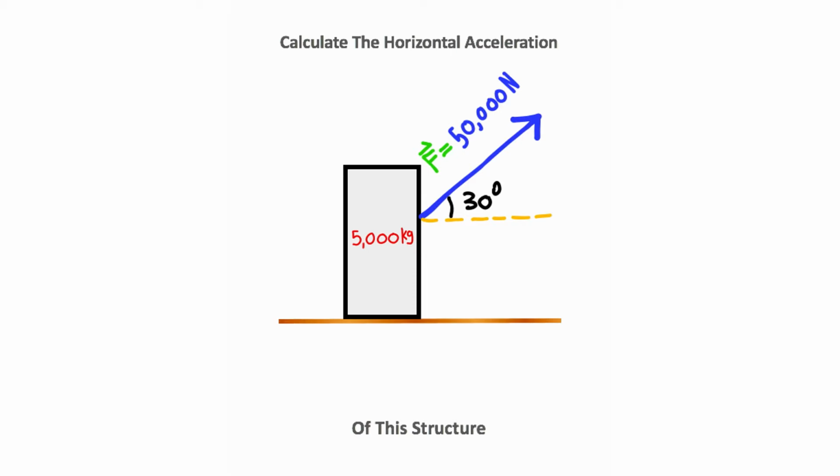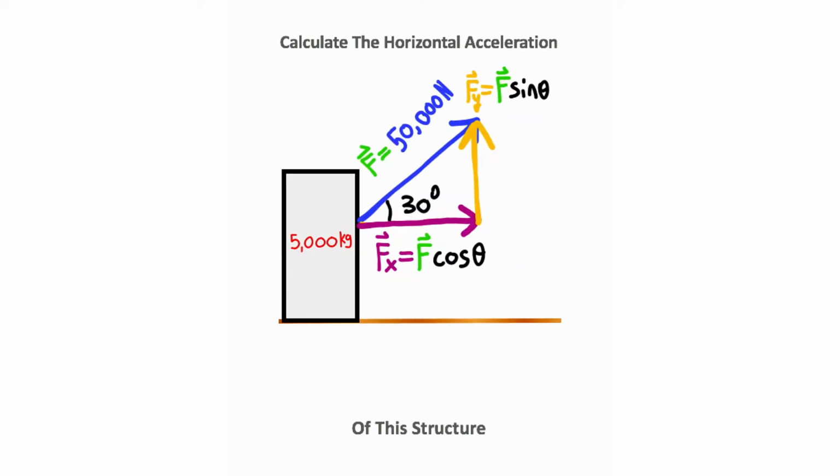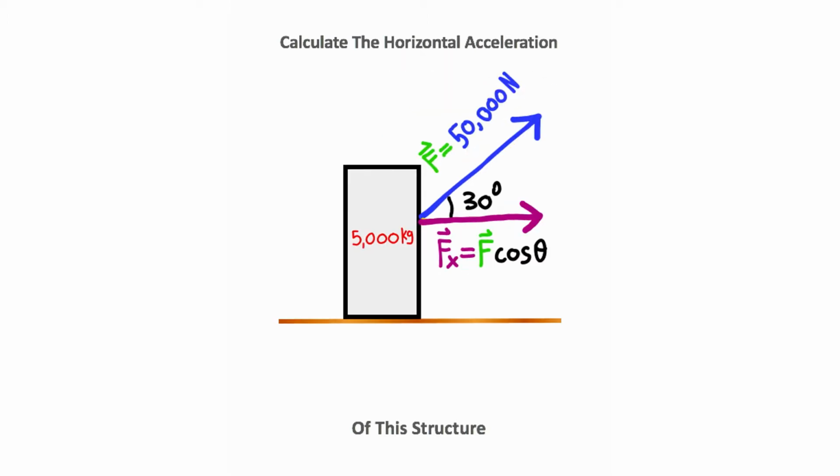So we can use this by calculating the x component. The x component can be calculated by taking your force and multiplying it by the cosine of your angle theta. And the y component can be calculated by taking the force and multiplying it by the sine of theta. For this problem, we only care about the x component. So to calculate this, we're going to take our force of 50,000 newtons and plug it in right there. Then we're going to take our angle 30 and plug it in for theta, which should give you approximately 43,301